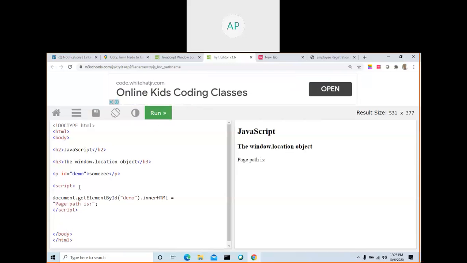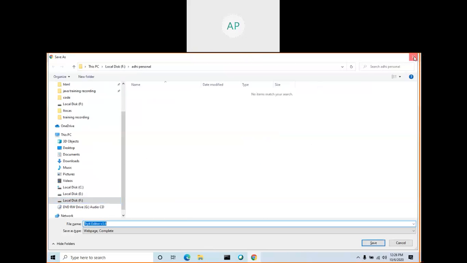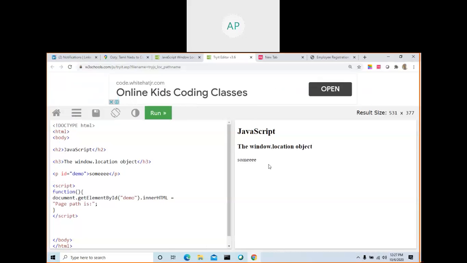By clicking a button, you can change this. Okay, let me do this. This is the function, right? Now I added this code into a function. Before, the JavaScript code ran. Now let me run this one. See here, your JavaScript code is not running because it is inside the function. Only when you call the function will it run. So give a name to the function, something like CC. Now your JavaScript is not running, but before it was running, right? Only when you call the function will this line get executed.